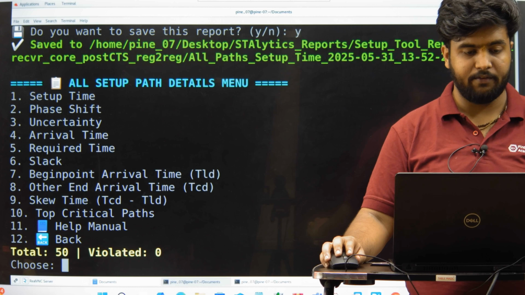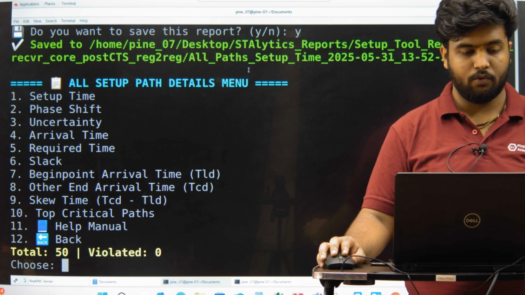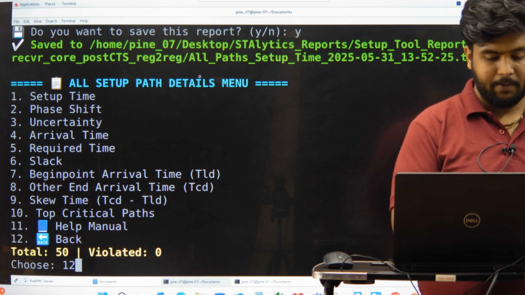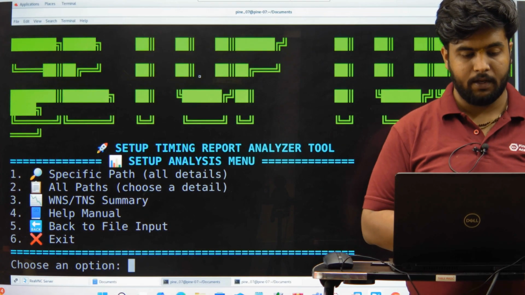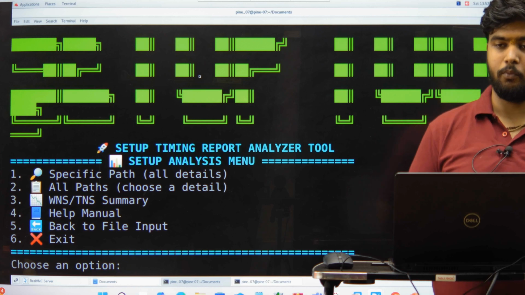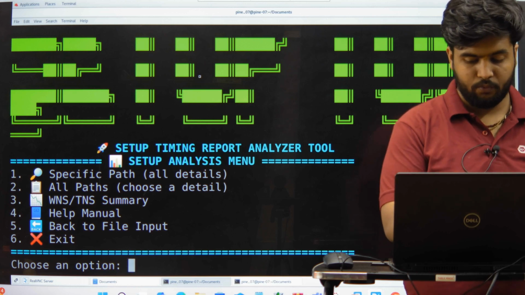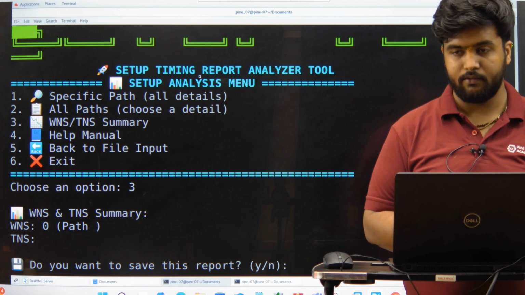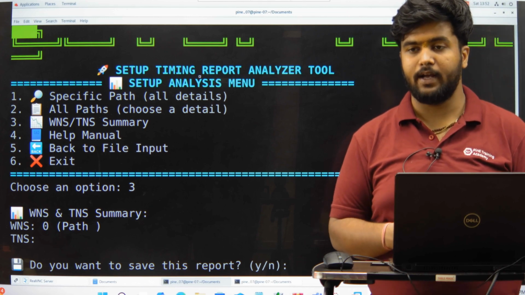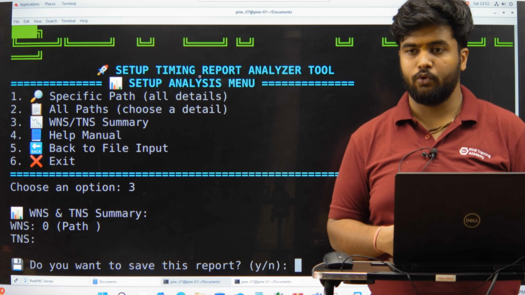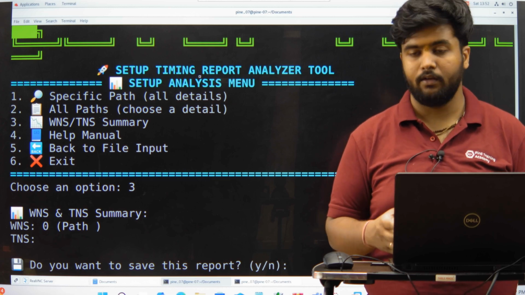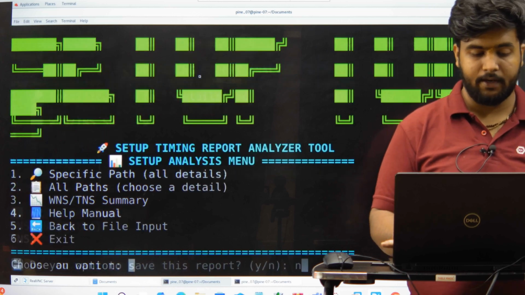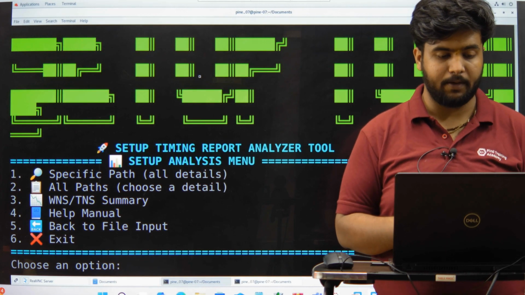And this is the saved directory, which is being saved on the desktop for that. And now I get back to the main menu, and now I can look back for the WNS and TNS summary. So go with the TNS summary, and there is no WNS. The worst negative slack in this path is 0, so total negative slack will never be saved here. So I don't want to save it, so I will type n and go back to the setup part